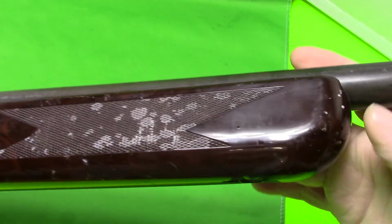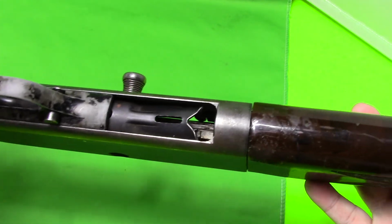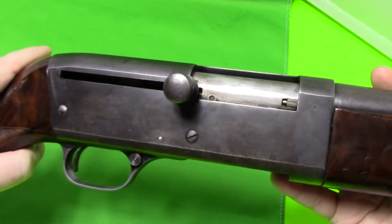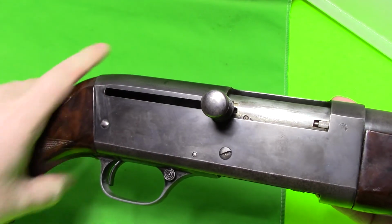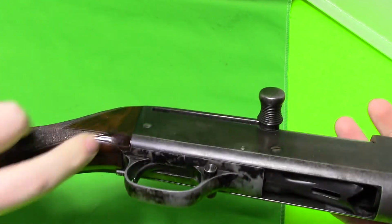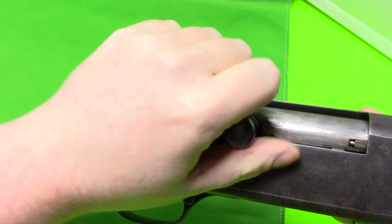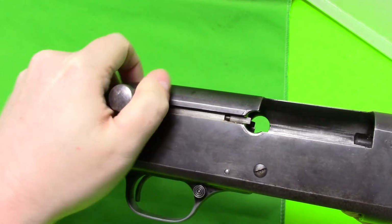Then you have this magazine, which is a 2-shot magazine, and it loads just like any pump action or semi-auto shotgun, where you just feed the rounds through the bottom. And the way it works, it's just like a pump action shotgun. You have the handle here, and you have the action release right here behind the trigger guard. Your standard safety, just like a pump action. And if you hold down the action release, you just pull straight back on it